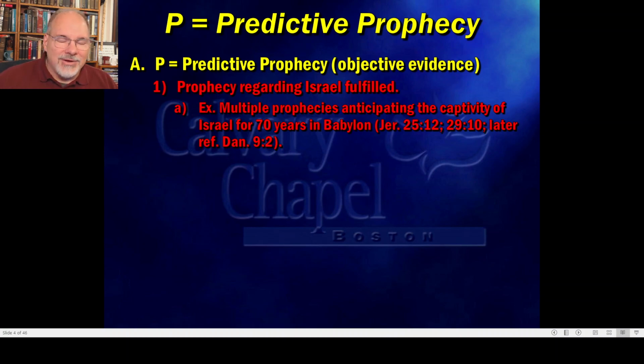Not 69, not 71, 70 exactly. It's mentioned in Jeremiah 25 and 29, and then later it's referenced by Daniel in the book of Daniel in chapter 9. And though we're not going to go into it in this presentation, if you were to go through,